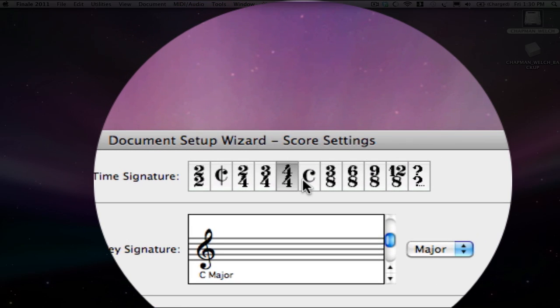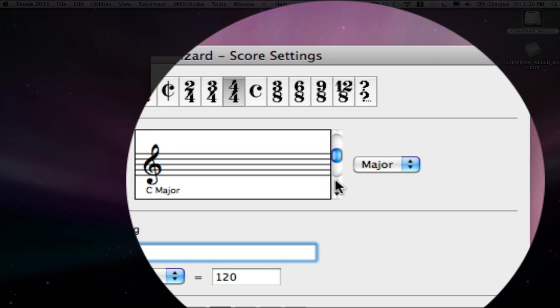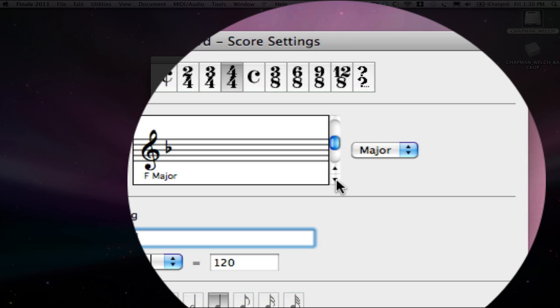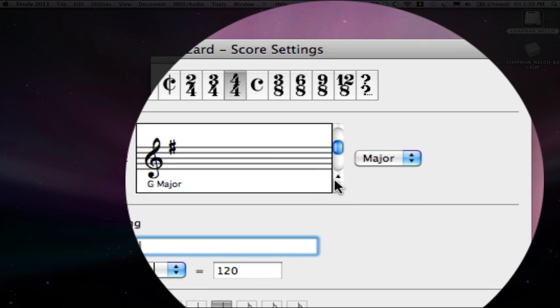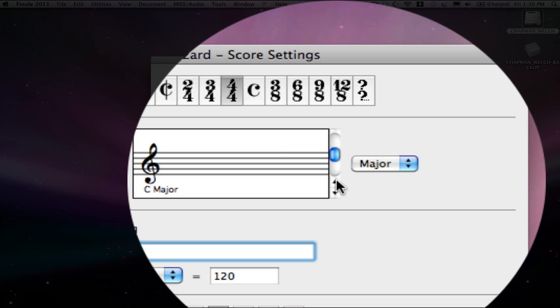Obviously, pick your time signature. Don't go with common unless you're doing a transcription and you want to keep it common. Anyway, C major, G major, up gives you sharps, down gives you flats, which makes sense. And